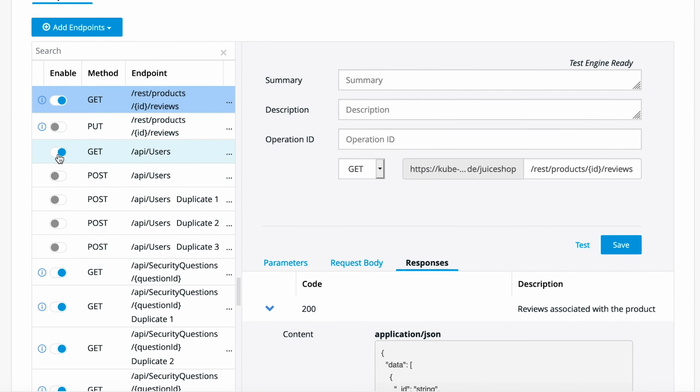Over here on the left, you can see how you can basically tell our scanner what you do and don't want us to include. So if you are using a definition, for instance, but you don't want us to scan all of the endpoints, you can disable them. So if it's blue, we'll be scanning it, whereas if it's grayed out, we're not going to be scanning it